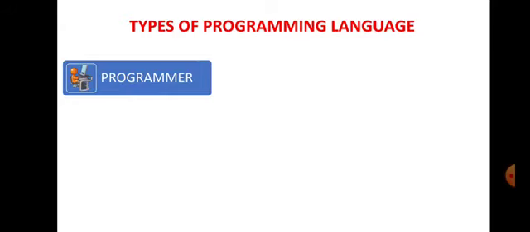He writes the code to communicate instructions to a machine. So a programmer is the one who writes code to communicate instructions to a machine. He also creates programs that control the behavior of a machine.